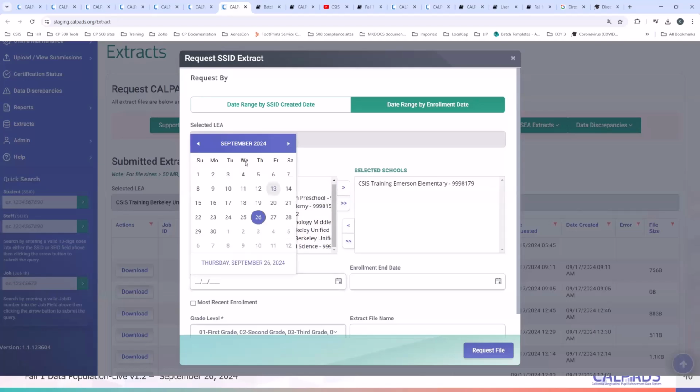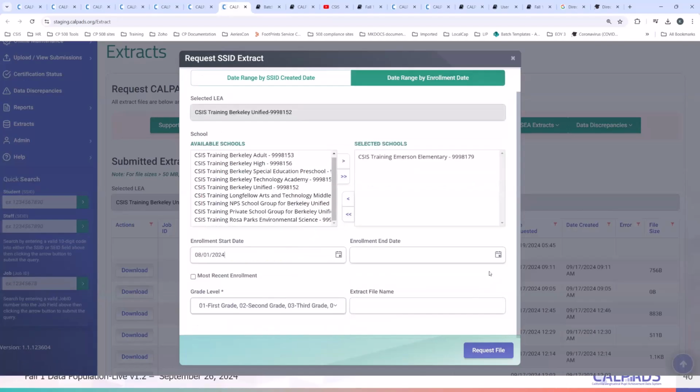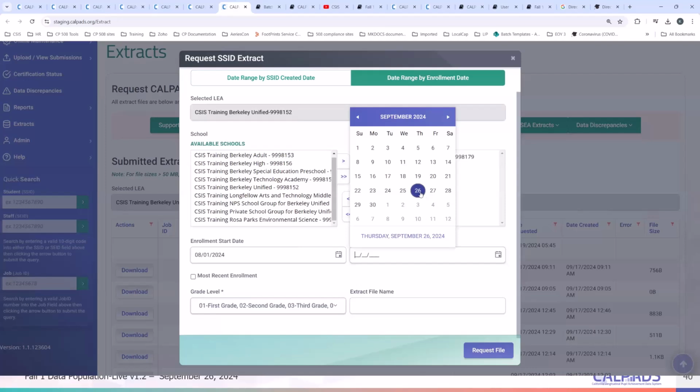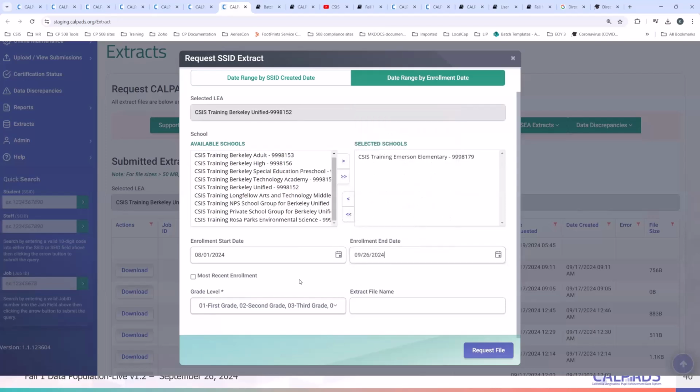Pick the enrollment start date. Maybe just pick the earliest enrollment start date for your school this year, August 1st. Pick today's date for enrollment date. And then click on request file. Okay. Once you request file, the reason why you should do that is it includes all of your students that